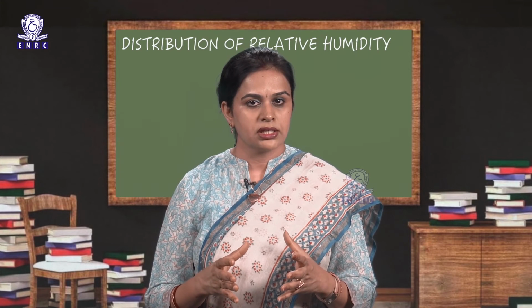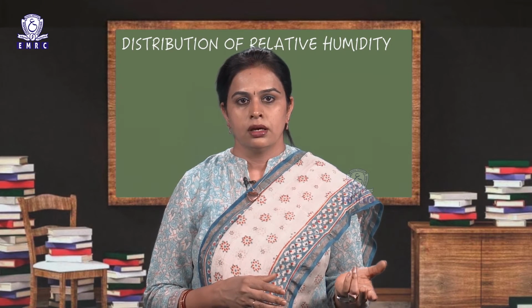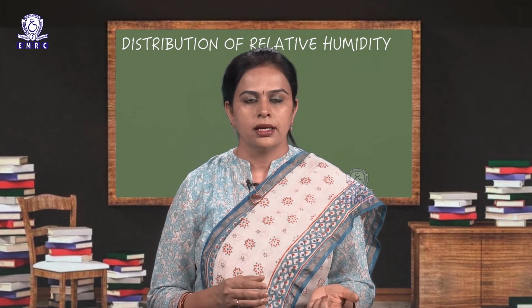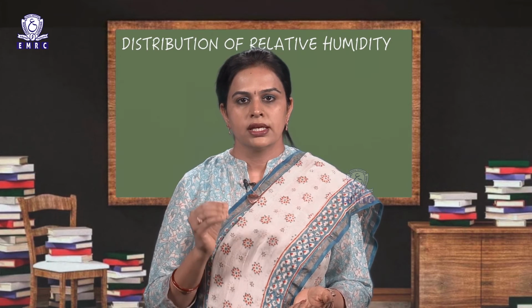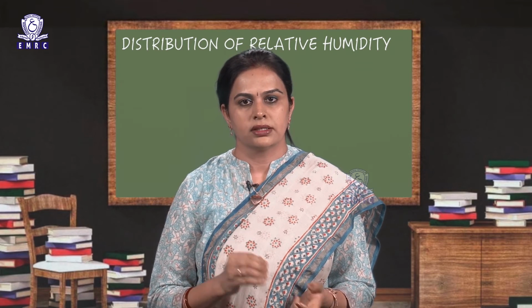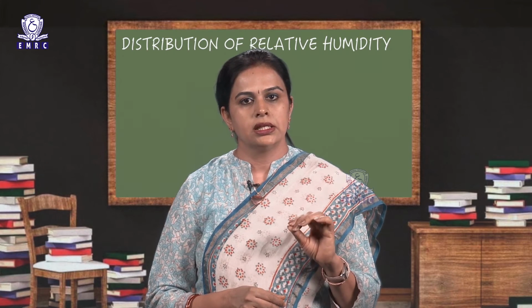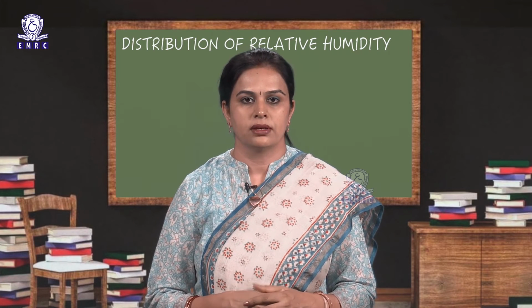Seasonal distribution of relative humidity is largely controlled by latitudes. Maximum relative humidity is found during the summer season between 30° north and 30° south latitude, while high latitudes record relative humidity more than the average value during winters. There is maximum relative humidity in the morning, while the lowest value is recorded in the evening.